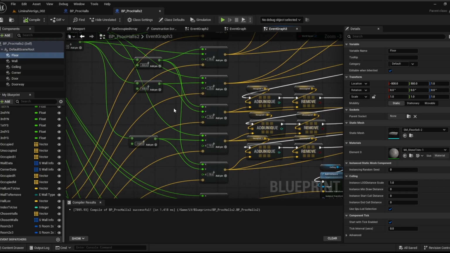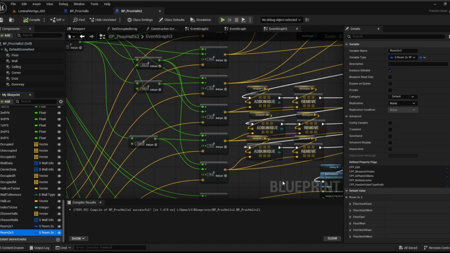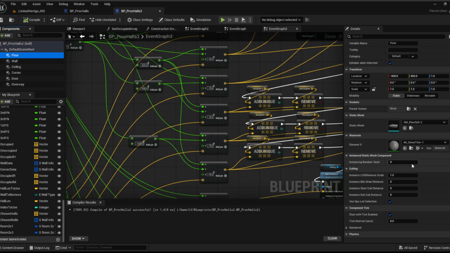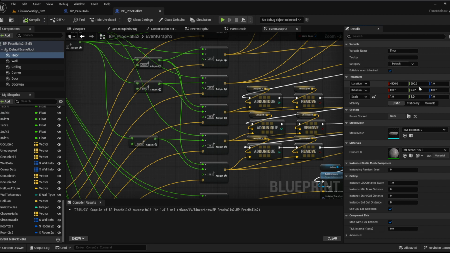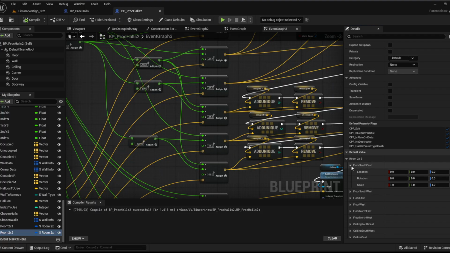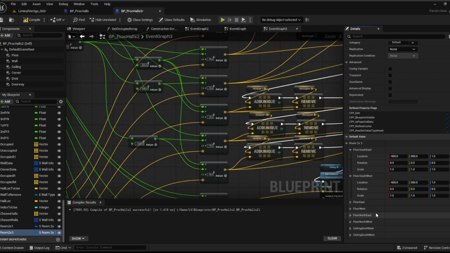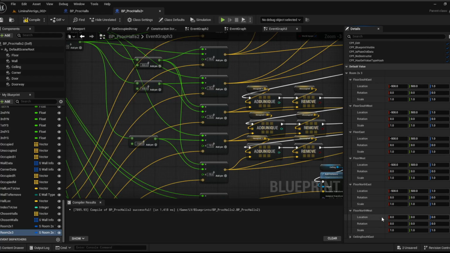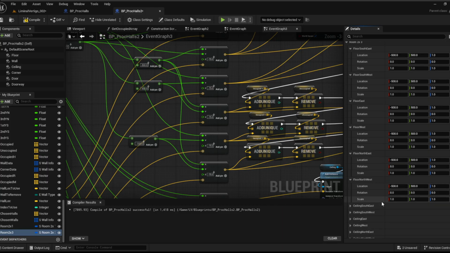425 and 1.0, so long as these are. Okay, so floor here is this. So I need to do that for each and every one of these floors. Floor, floor, floor, and this is a floor, and this is a floor, and this is a floor. Okay, now what? So compile,